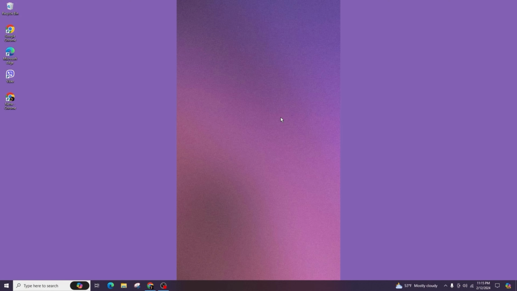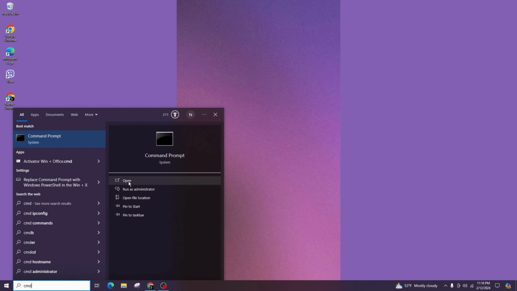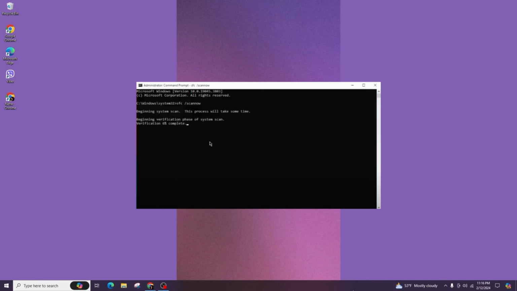To begin with, you should start by navigating to your Windows search bar and type CMD and then run it as an administrator. Now here, simply input the command sfc /scannow. This command will be available in the description box for you to copy and paste. Upon executing the command, the system will conduct an overall scan for integrity violations and corrupted files, finalizing the verification